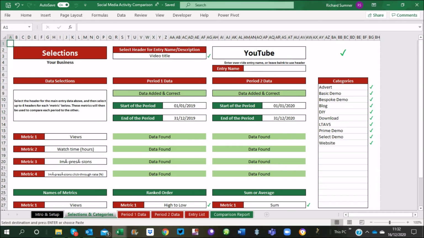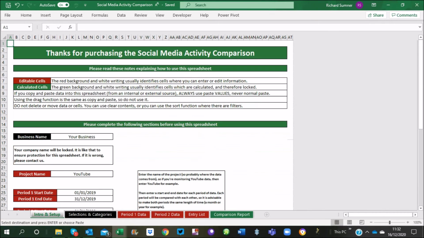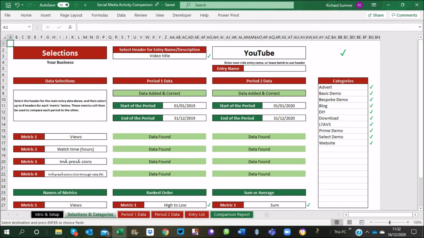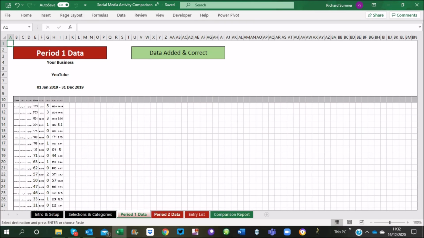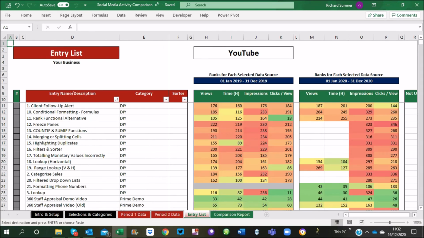That's it. So yeah, some of this can be done initially. The intro and setup can be done initially. The selections, this can be done initially with your first batch of data. This updates as you add new ones. Obviously, the first time you might have quite a few. On that note,